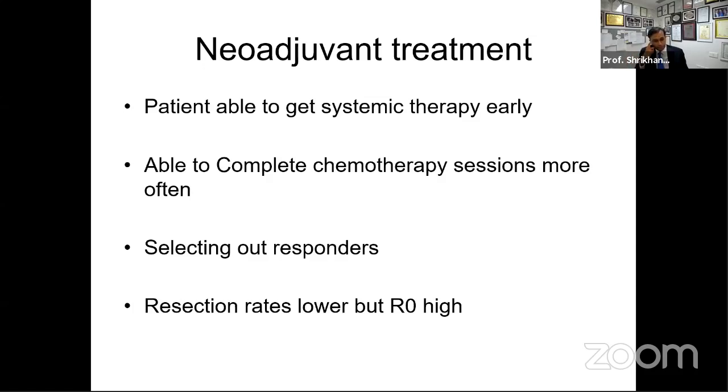Now, if we are selecting out responders, all studies have shown overall that about 17 to 20% of patients will not get surgery. So that means 1 in 5. But the other 4 are the ones whom we are selecting out. But perhaps then we are offering surgery to those who truly deserve it, rather than offering surgery to all for something like BRPC.